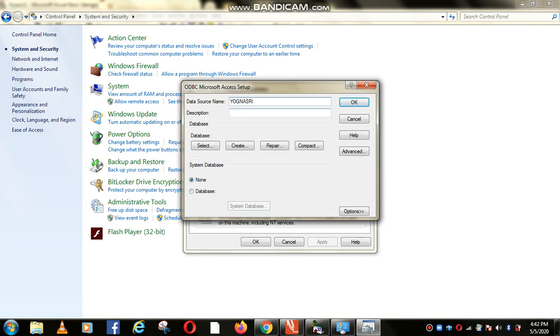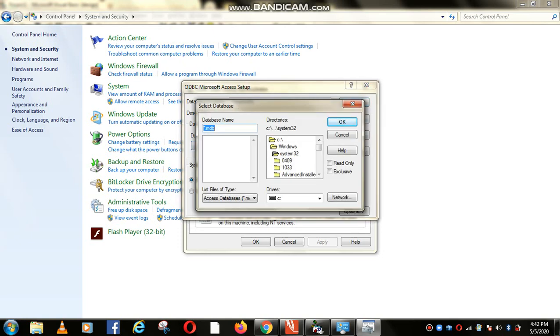Next we have to select the database also. Here the same Biblio only I am selecting, where it exists. It is in the program files, Microsoft Visual Studio, next 98.